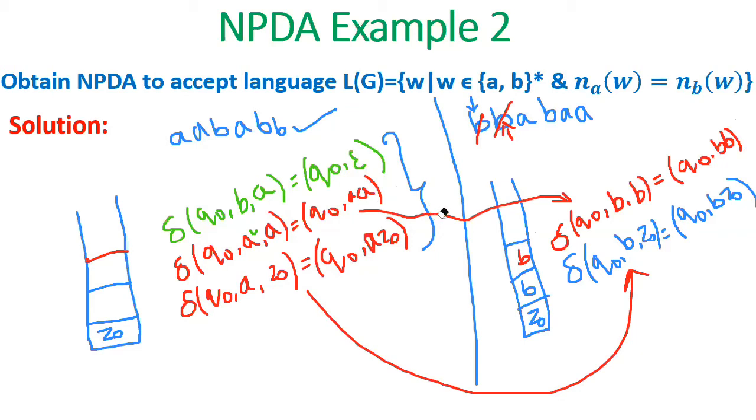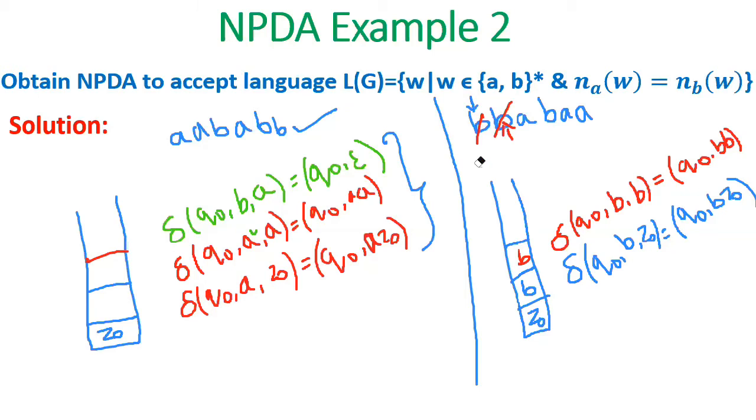We are changing the symbol from A to B. That's it. Okay. Now these two elements are pushed onto the stack. Now what is the third element you have? Tell me. The third element you have is A. What is on top of the stack? B is on top of the stack.